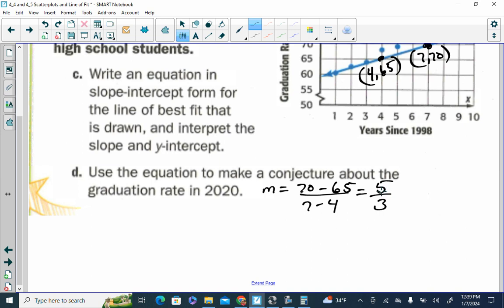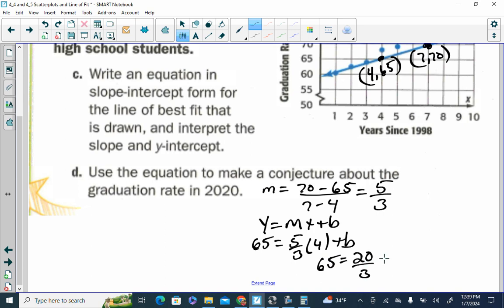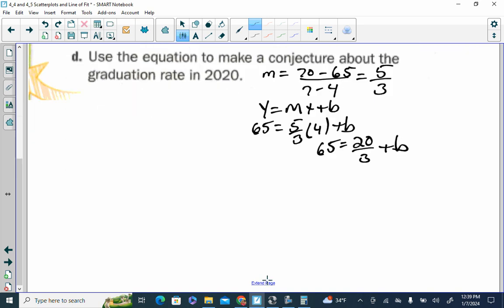We have to find our b. So we use y equals mx plus b. Y I'm going to replace with 65, and x with 4. So 65 is equal to 5/3 times 4 plus b. So we get 65 is going to be equal to 20 over 3 plus b. All right, so 65 equals, what's 20 over 3? 6 times 3 is 18. So that's 18 2/3